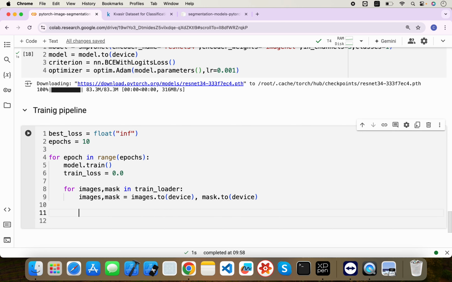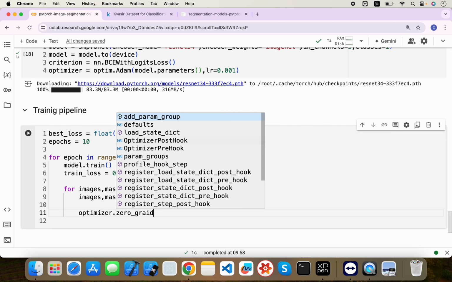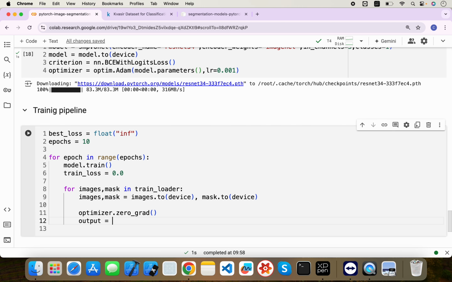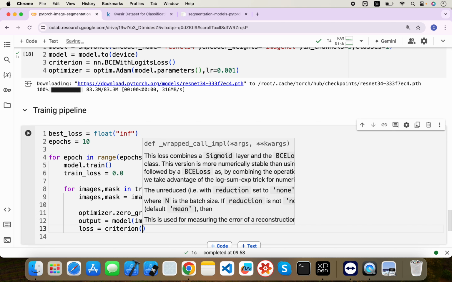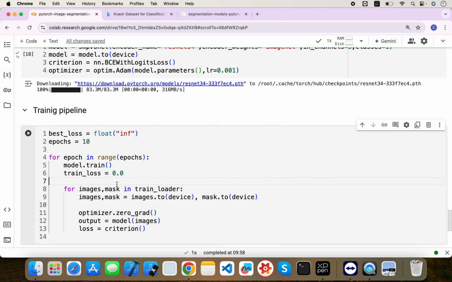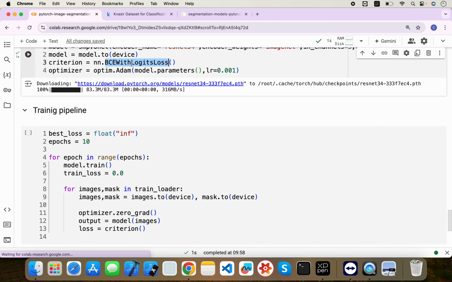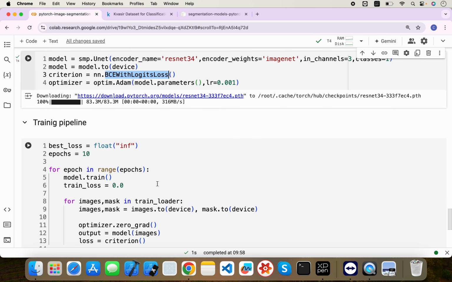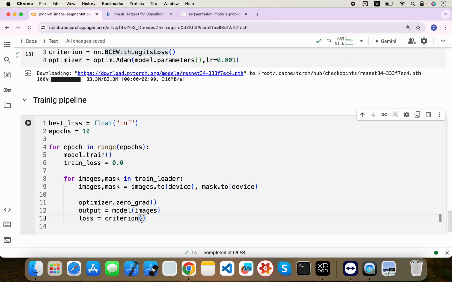Now let's say optimizer. First of all, let's clear all the previously calculated gradients, so optimizer.zero_grad(). Let's say output will be model(images), so the model will predict the mask basically. Our loss will be criterion, which we had defined here, right? Binary cross entropy with logits. It is with logits because we are not applying any sigmoid or softmax at the end of our model, so it will by default compute the sigmoid and apply the loss on top of that. So criterion, and just pass output